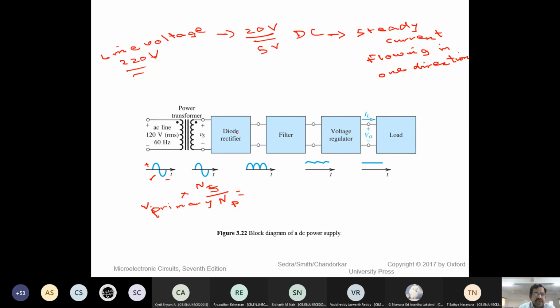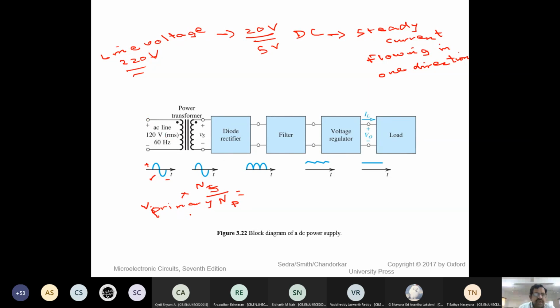But when we apply it in a rectifier circuit, more importantly, this is the topic of interest. However, you should understand why the transformer is here. The transformer also provides some electrical isolation for the circuit. So it is very good in that sense. It isolates from the high line voltage also.